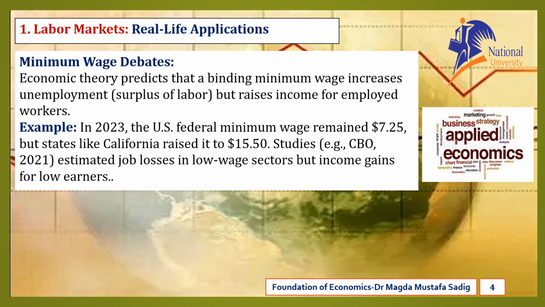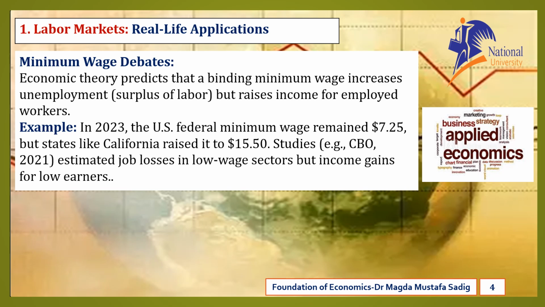in 2023. In 2023, the federal minimum wage in the United States remained at $7.25 per hour, unchanged since 2009. However, states like California raised their minimum wage to $15.50 per hour. What happened? According to the Congressional Budget Office,